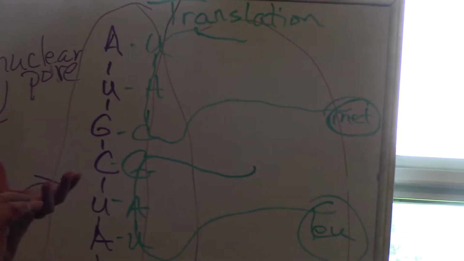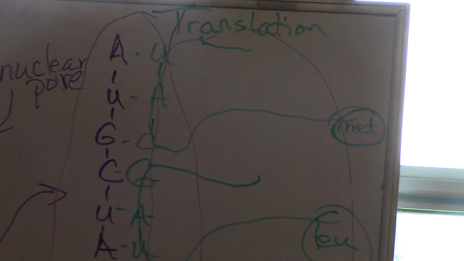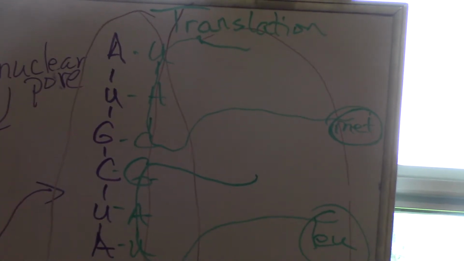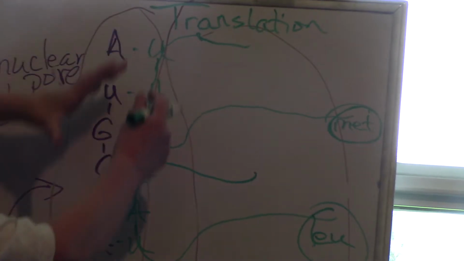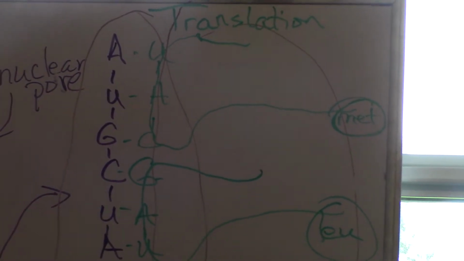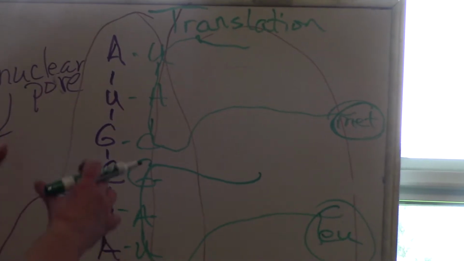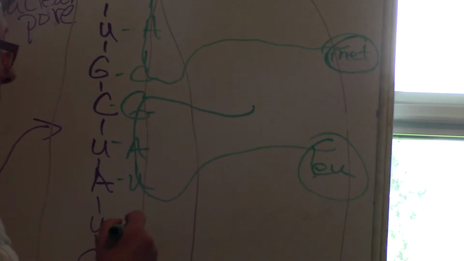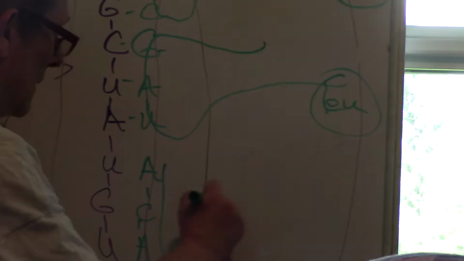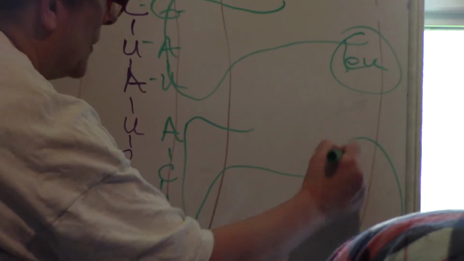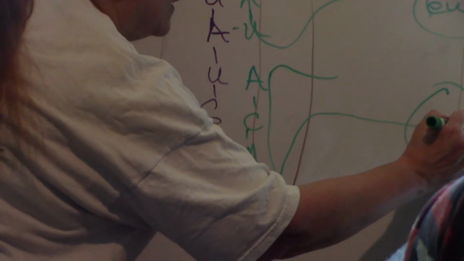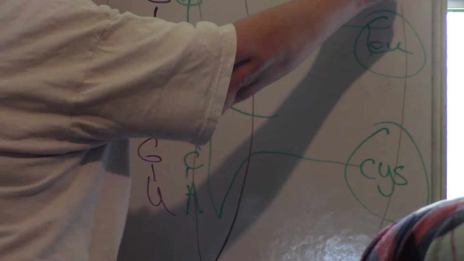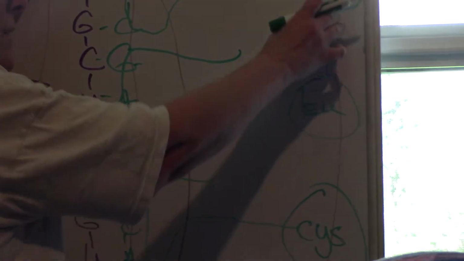I urge you to look at an animation where you see this actually moving, because that makes a little more sense, and I can't make it happen here. I can't make that magic of CG happen on a flat board. Okay, now our third one, ACA, and our amino acid here I think was cysteine. And during elongation, each time one of these amino acids is being brought in,